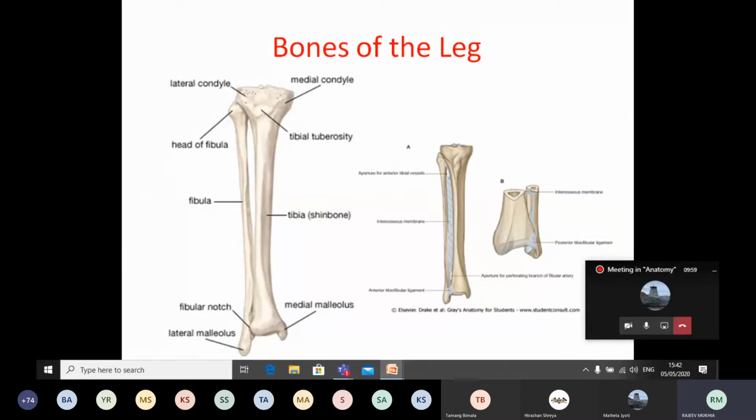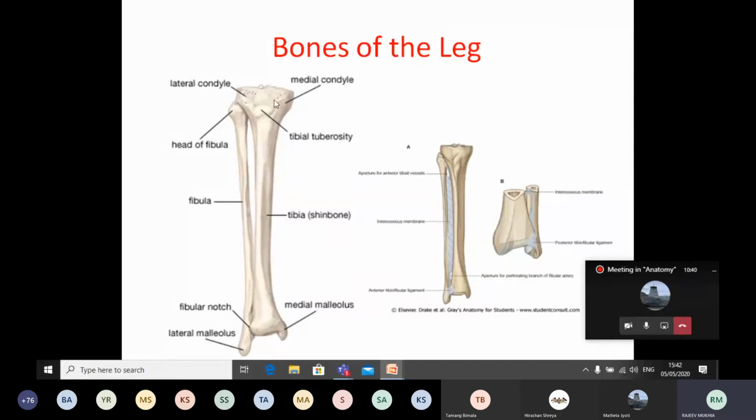Three compartments are there. In this leg you can see two bones, the tibia and the fibula. We'll briefly see the features present in these bones. This is the second largest and strongest bone in the body, the tibia, and it is present in the medial aspect of the leg. It is a long bone, having an upper end, the shaft, and the lower end. This bone is the fibula; again it has the upper end, the shaft, and the lower end.